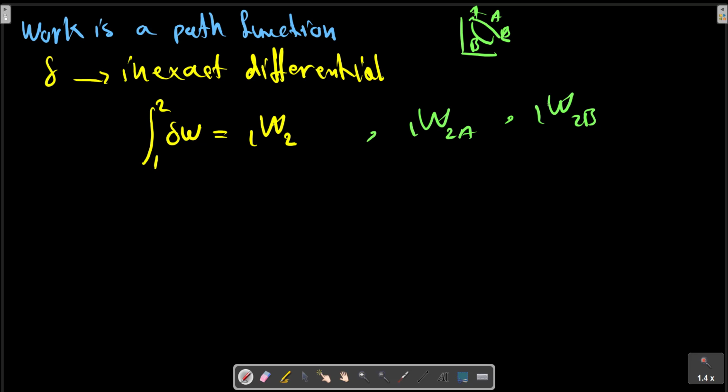However, the notation 1 and 2 indicates that the process between state 1 and state 2 has been specified. Note that we never speak about the work in the system in state 1 or state 2. We never write W2 minus W1 because we never speak about the work